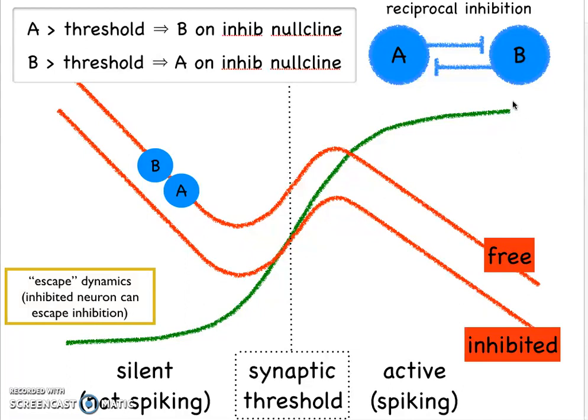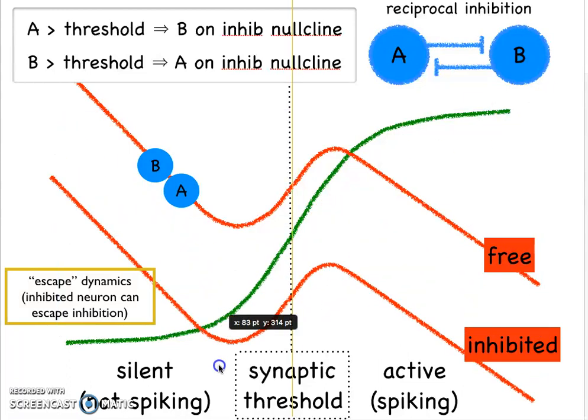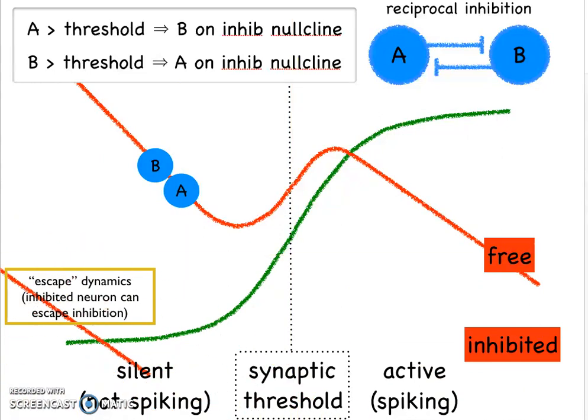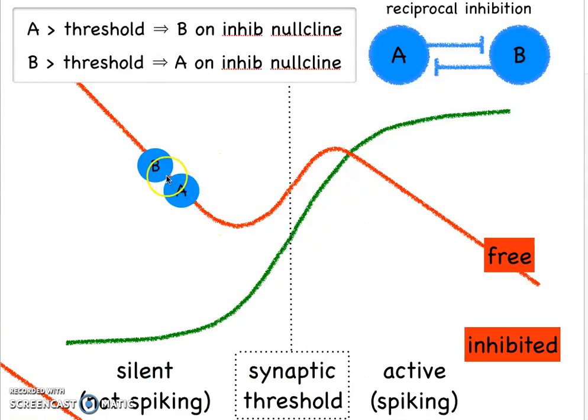But we could even think of this in a more idealized way. We just want to know what the null line is for the fast variable that represents the transition between silent and active states of a neuron, and then we need to know the null line for the slow variable that will help us determine the transitions and the timing of the transitions between the active and the silent state. So I'm going to remove this null line from the picture temporarily, and just think about